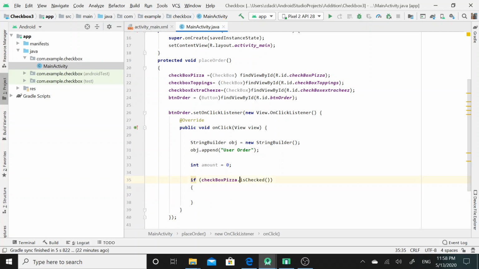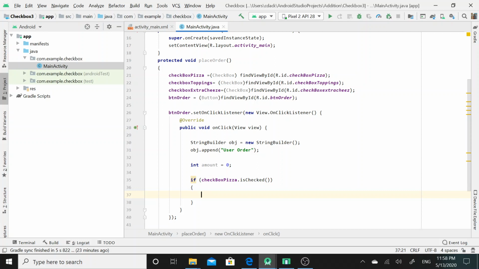This is a boolean kind of method. It simply returns true or false. If the user has selected the pizza option, then this method will simply return true. If the user has not selected the pizza checkbox, then this method will return 0, that is false.